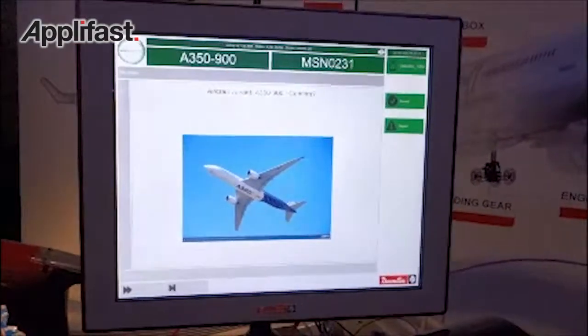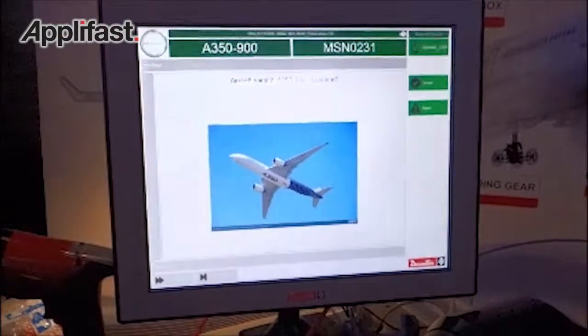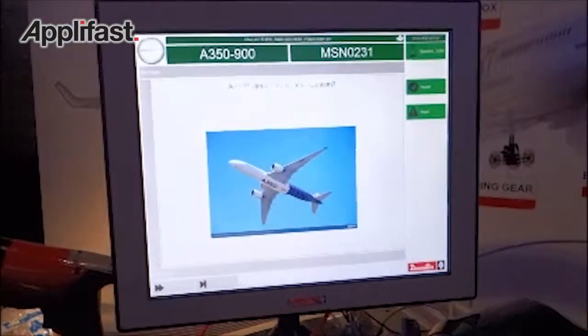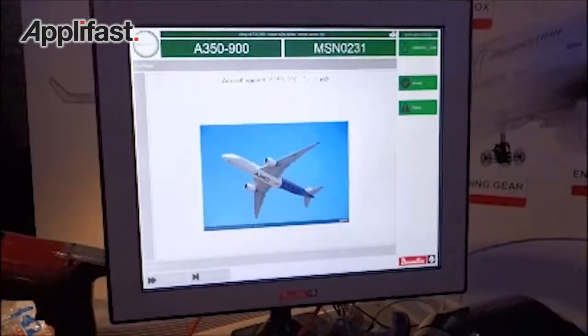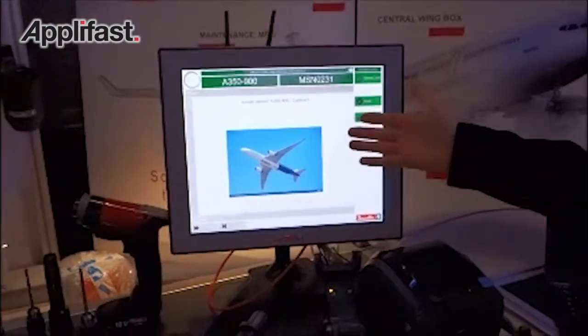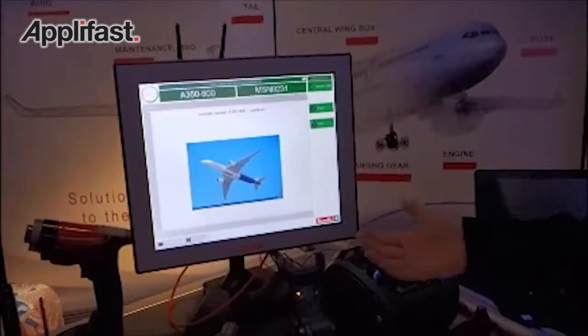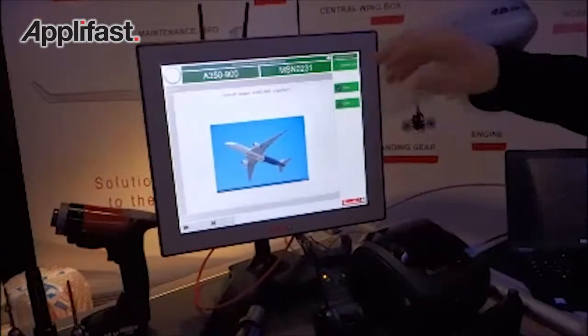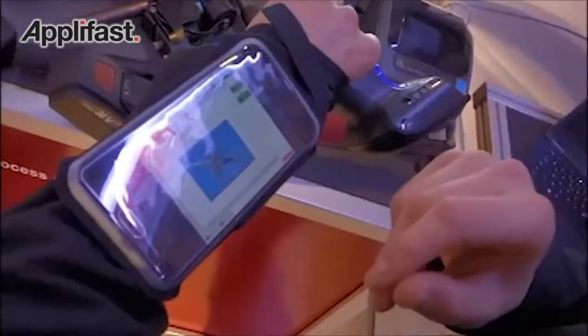Okay. Then obviously with this process you can manage different variants of aircraft. So let's imagine in the same station, in the same workshop, you've got different aircraft with different manufacturing layouts and processes to follow. Then you can manage the diversity of the different solutions. In that case, the aircraft that we selected and that we are working on is an A350-900. We will see that if we add an A350-1000, then the process will be different. So the operator will confirm directly on his HMI that he's got the right